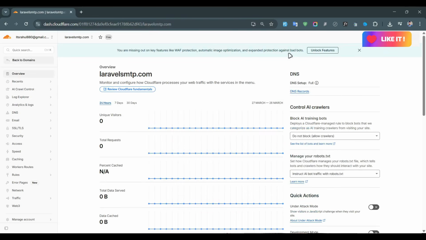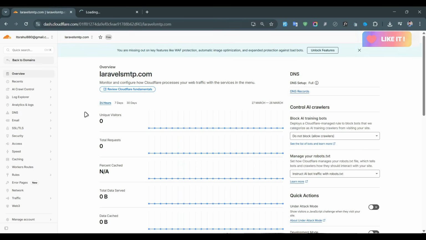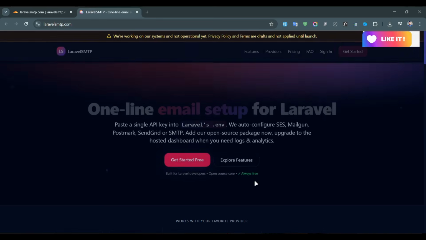This laravel.com is also my domain. This is built in Next.js. It will be launched soon